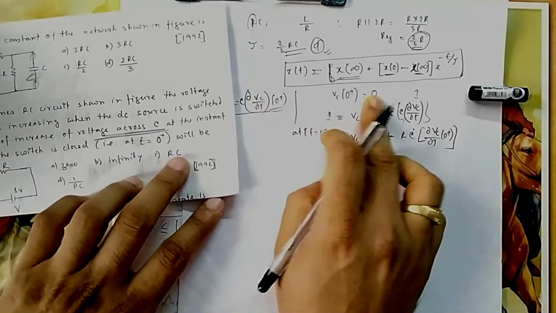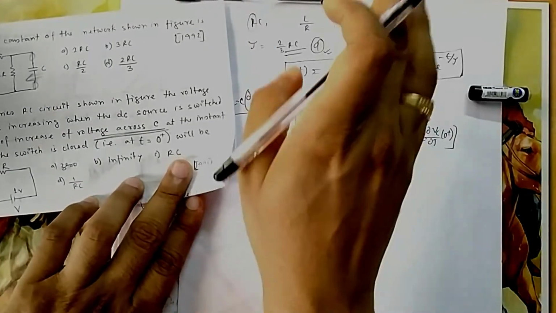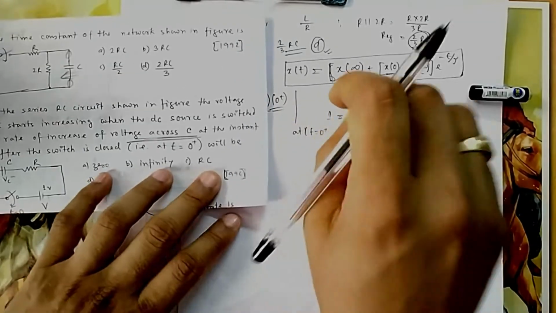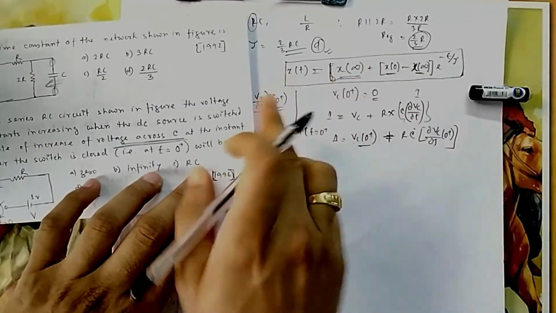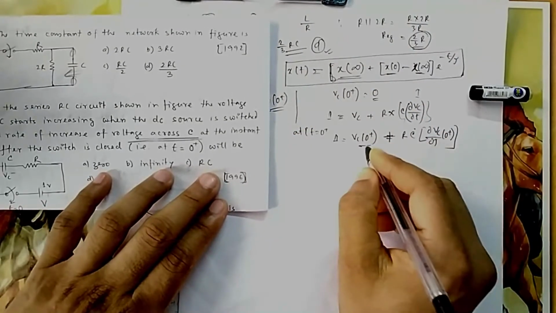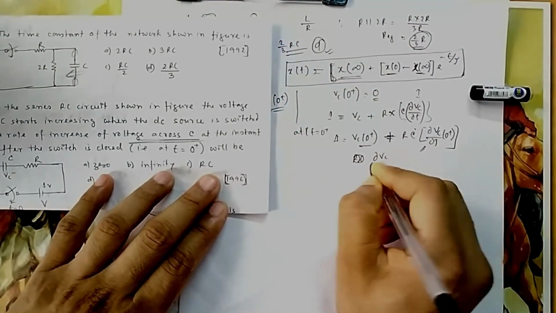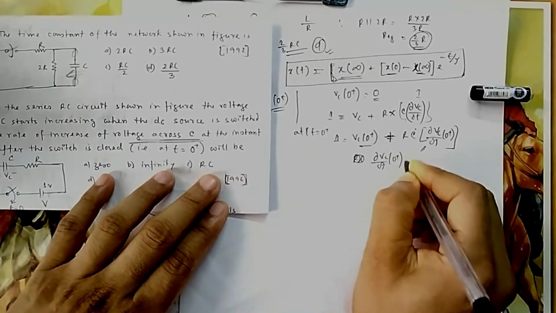The initial condition is 0, but how will it rise? It will rise from 0 to some value. How it will rise, that is dVc/dt. It is what the value is at that 0 instant and how it is rising. So these are different. So Vc at 0 plus is 0. From here you can easily get the value they have asked you to find, which is equal to 1 by RC.